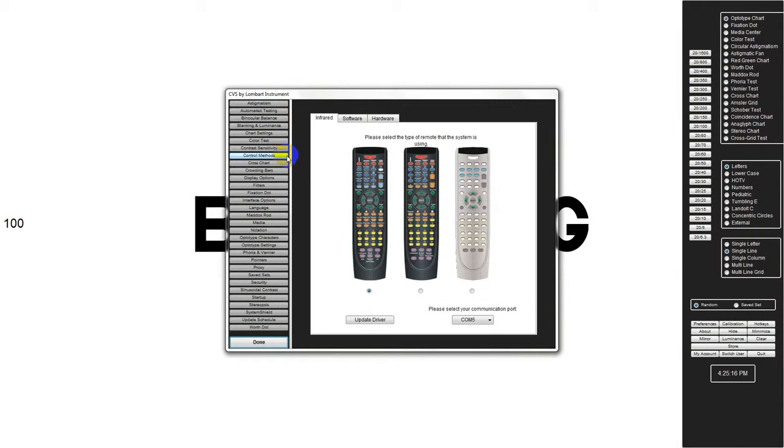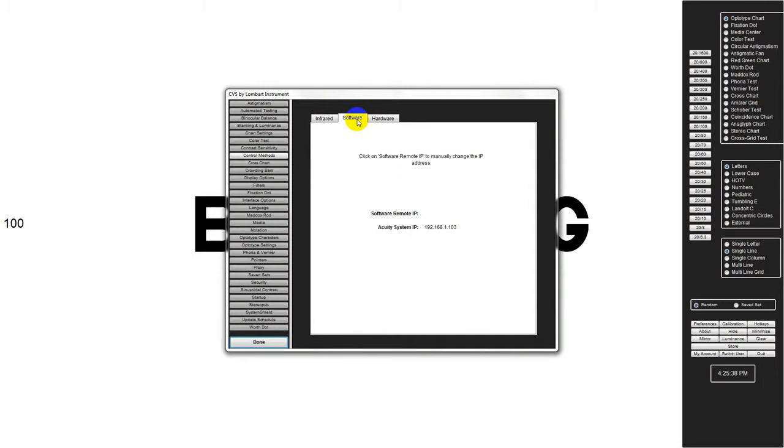Next one is control methods. There have been different remote controls depending on what type of software, what version of software you have. This is the current one, the one with the blue right here. The older model, depending on what version of software, had orange right here. And the even older model before that was a silver remote. Also, too, software, you can